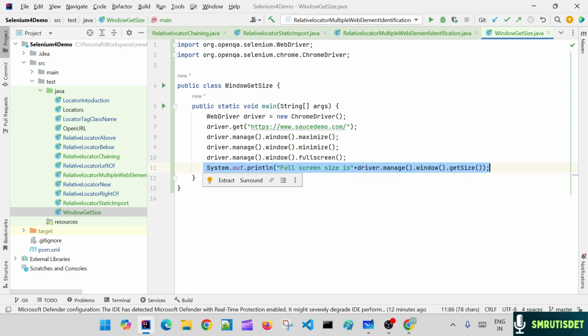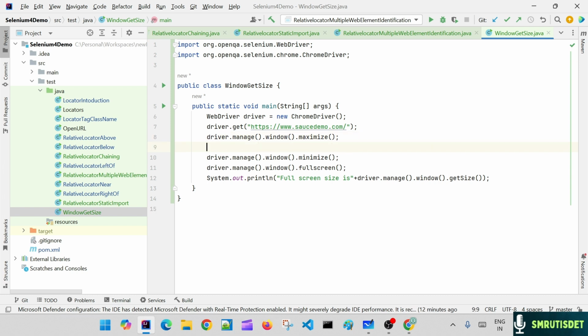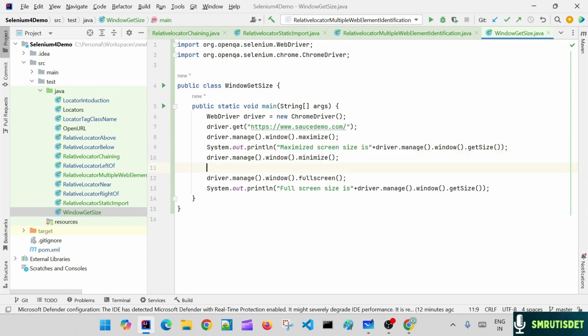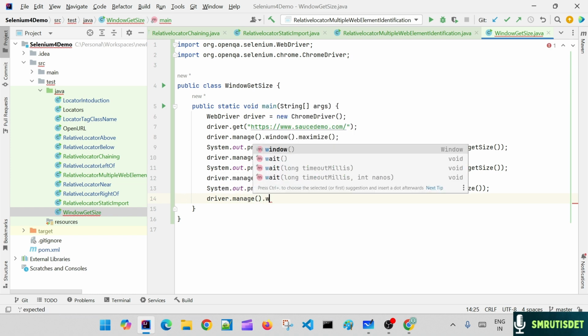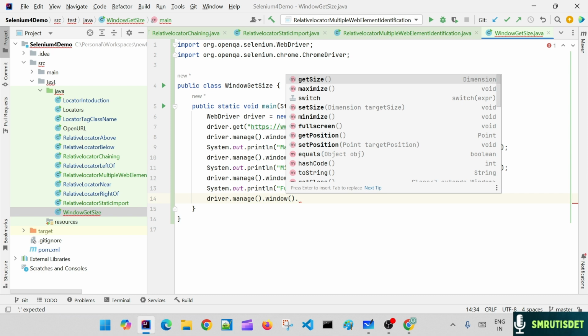Similarly, let's put this for the others: maximized screen size, minimized screen size, and this is the full screen size. Also we got what the screen size is. And after that, what other methods are available? Let's see, driver.manage().window(), so I think getPosition, setPosition, we'll see, but first